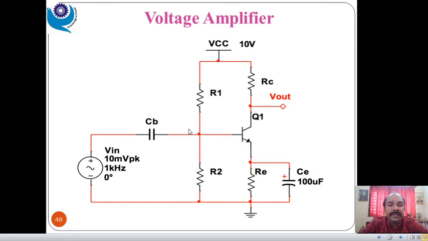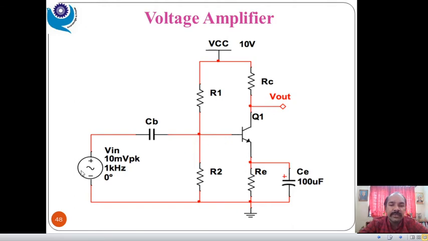To isolate that DC current from the AC current, we have to use this capacitor, because a capacitor blocks DC and passes AC. Whatever DC current may flow in this direction is blocked by this capacitor, and whatever AC current is flowing, the capacitor passes along this path. So AC is passed in this direction and DC is blocked by the capacitor, acting as a simple DC isolation. For this circuit, it acts as a simple single stage transistor amplifier.